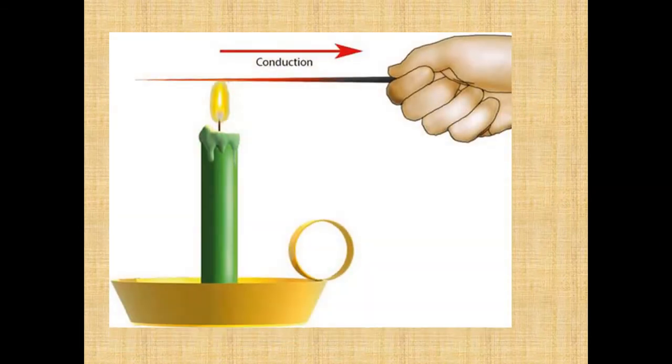Like this, you can see, suppose you put a metal rod, and it is necessary that it should be a good conductor, over this flame. What happens is, as it is put on the flame, the temperature starts to increase, and the cooler end is gaining temperature, because heat flows directly from the hot end to the cold end, and at some point in time the temperature at this point as well as this point becomes the same. This is due to the conduction of heat.